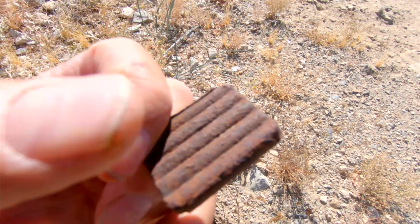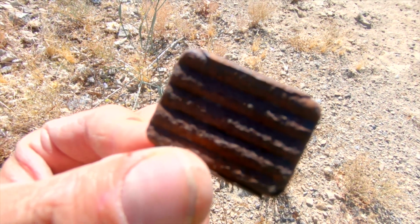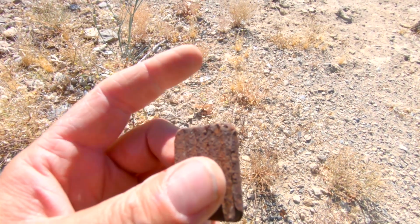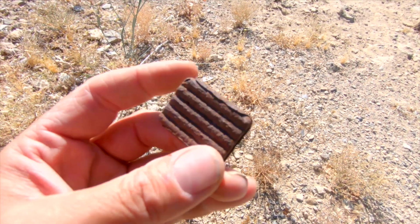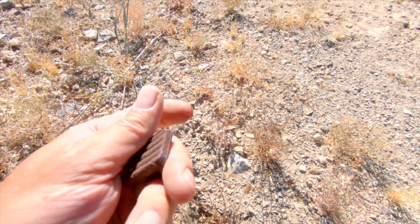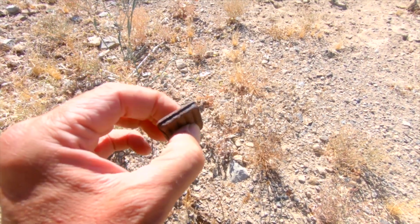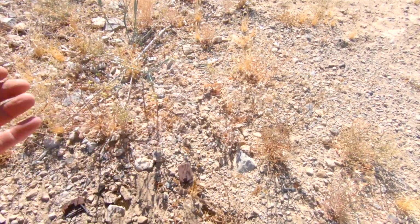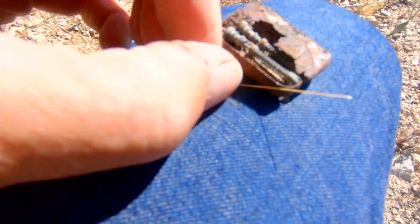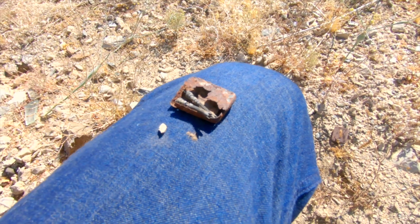Do you know what these are? These are little pocket spares of the valve that goes inside of a valve stem on a tire. And I don't know when these date back to. I'm assuming like the 50s, but not real sure. I'll do some research and find out. But this one sounds empty, but I don't think it is, because next to it is this. One, two valve stems in the box. This was already broken open, but